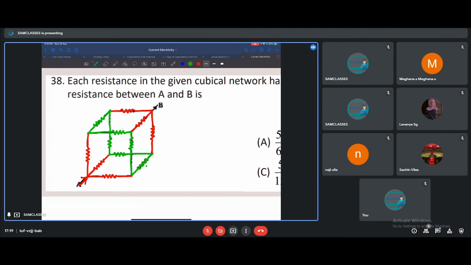If you see it, 1, 2, 3, 4, 5, 6. So basically what you see, from A, if I start, I'm getting a branch of, I'll make it with the same color. From A, I started from here, A. I'm getting a branch of 3 resistors. Let me draw it. 1, let me draw 2, let me draw 3.